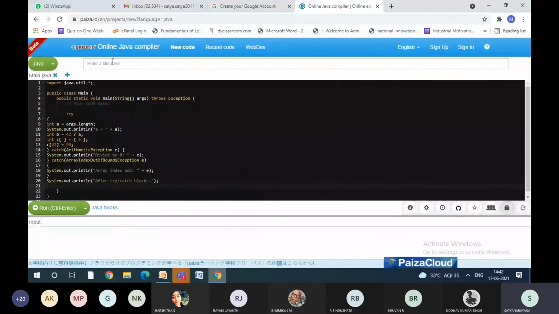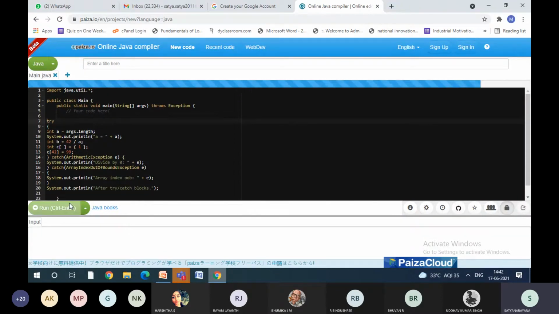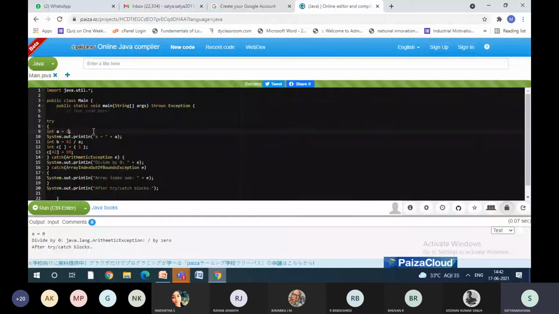Okay. Now what I will do is I just copied the same program. Now you can understand the difference. When I have multiple catch blocks, first what will happen? The A is arguments.length. So it is 0 because we don't have any particular arguments where we are going to count it. Now when I execute first time, you can see here I'm getting the divided by 0 error. What I will do is I'll just change the A value to 1. Let me change A value to 1. Now I change the A value to 1.